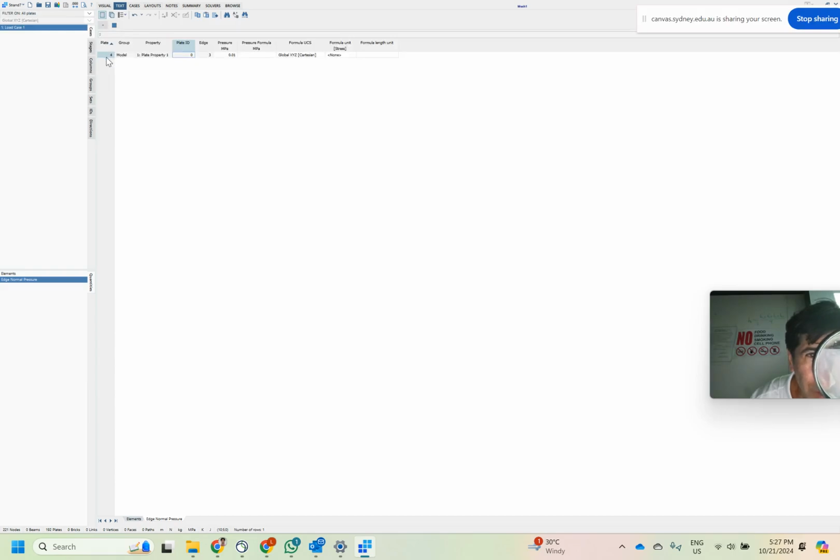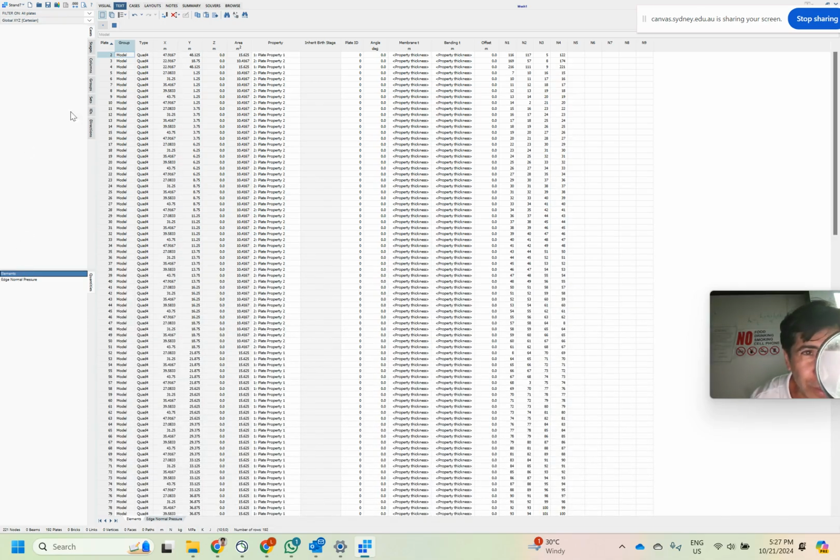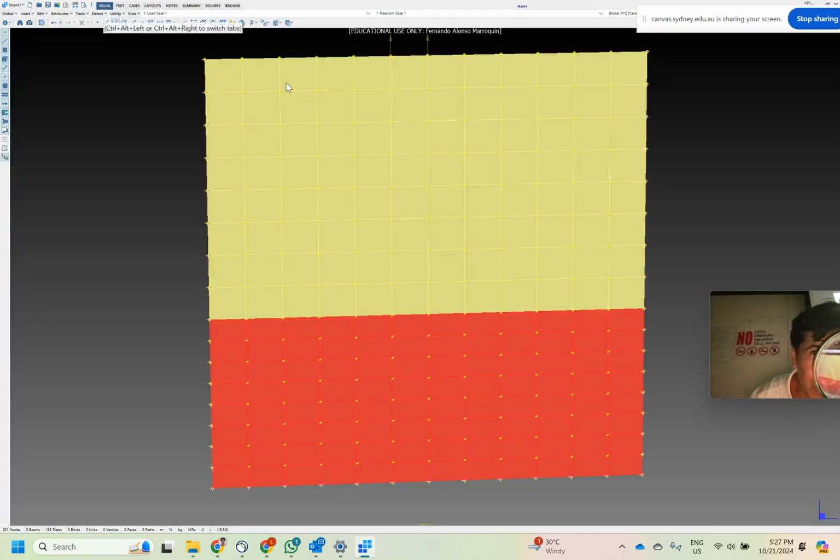This is the plate 4. Okay, I don't know what the plate is. Is it plate 4? Yes, we need to check what the plate is for to make sure that we are applying the load in the proper place. So I need to click here, and check